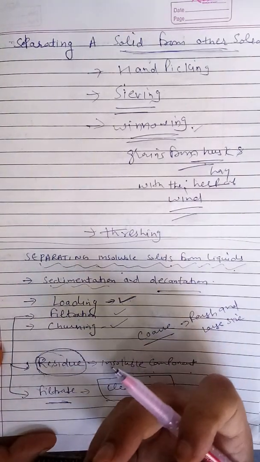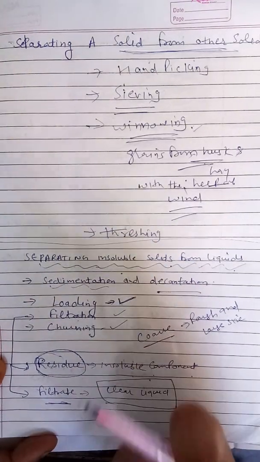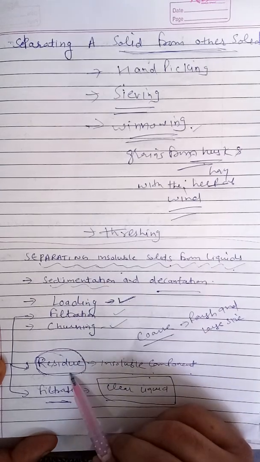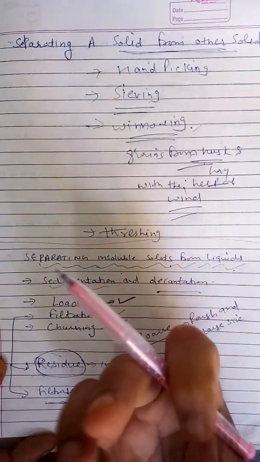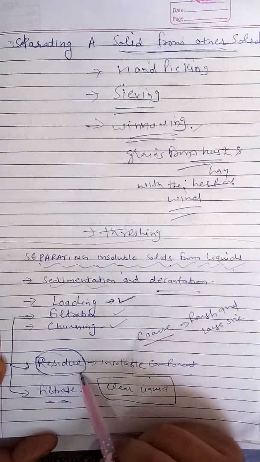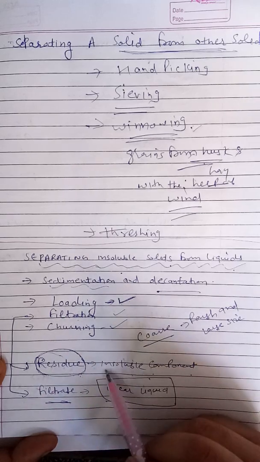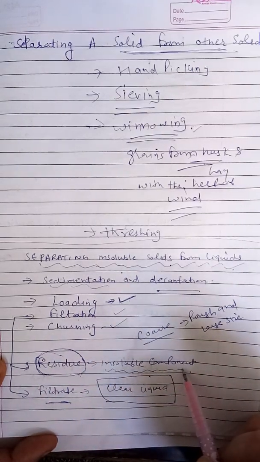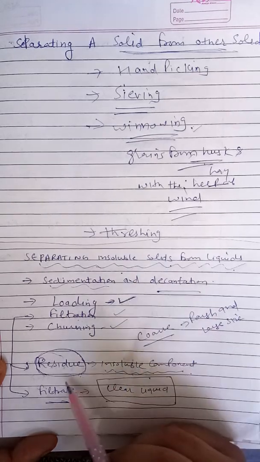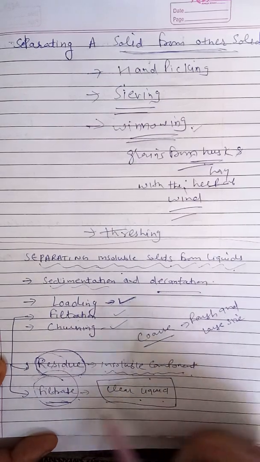It is like when your mother forms cheese at home. After the formation of cheese, she filters that mixture of cheese and water through a muslin cloth. The muslin cloth acts like a filter paper. When your mother passes that mixture through it, the insoluble component like cheese is left behind on the upper side, and clear water passes out downside. That clear liquid is called filtrate.